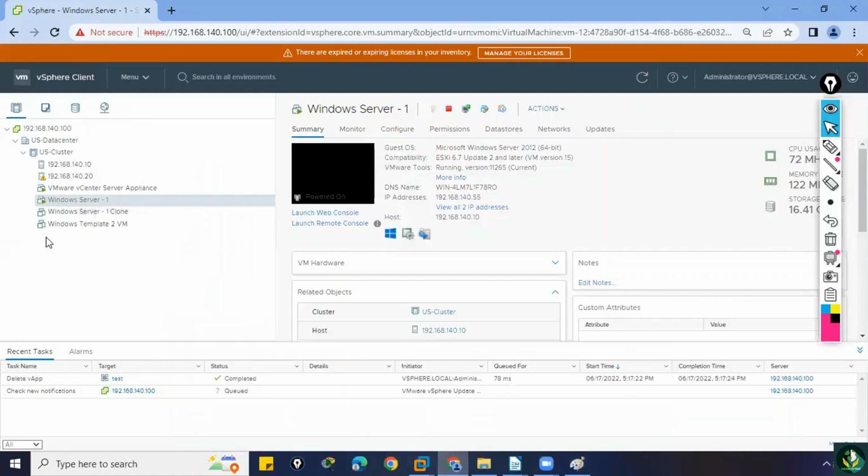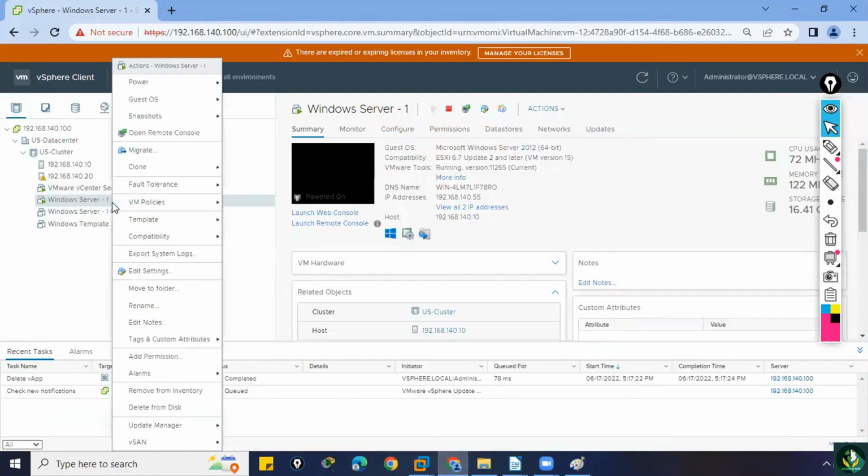Let us say we want to take the snapshot of this Windows Server 1. We will right click here, go to snapshot, and select the first option. It has multiple options, like take a snapshot, manage snapshot, and revert to latest snapshot. So we'll select the first option, take a snapshot,